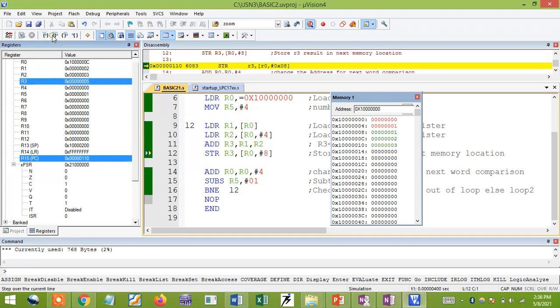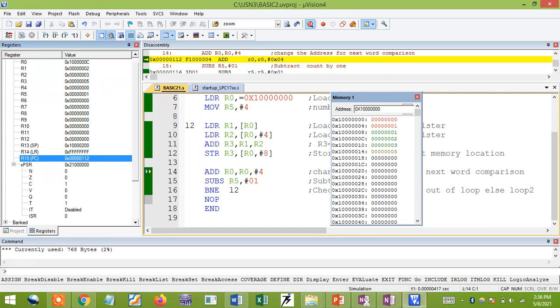Need to go back. So once we come to here, the result I'll get is 5. 5 will be stored in this memory location. You can see 1, 2, 3. 0 plus 1, I'll get 1. 1 plus 1, I'll get 2. 2 plus 1, I'll get 3. 3 plus 2 means I'll get 5. So once I get the 4 operations, then I need to stop the process.